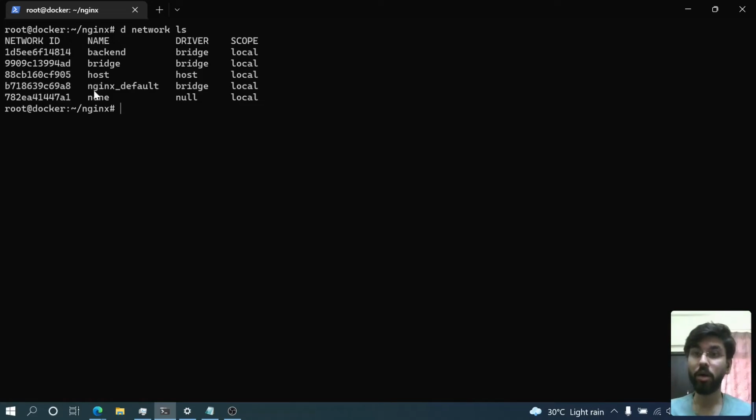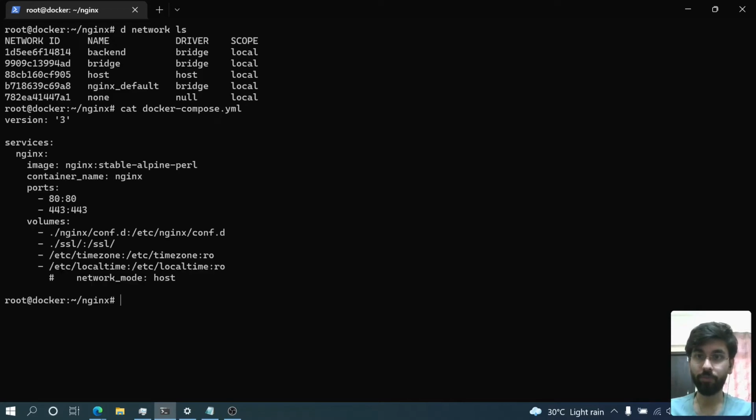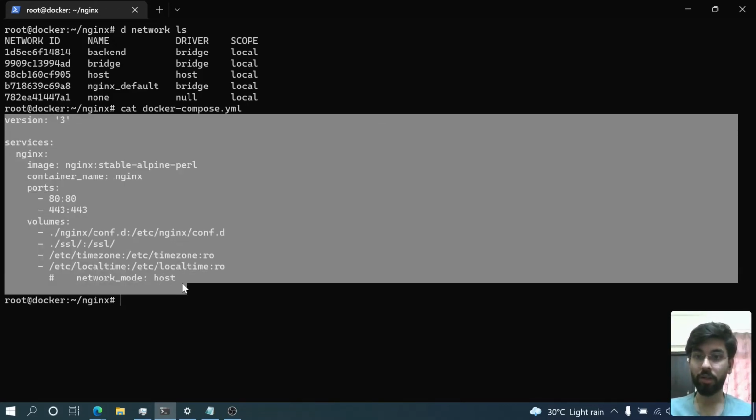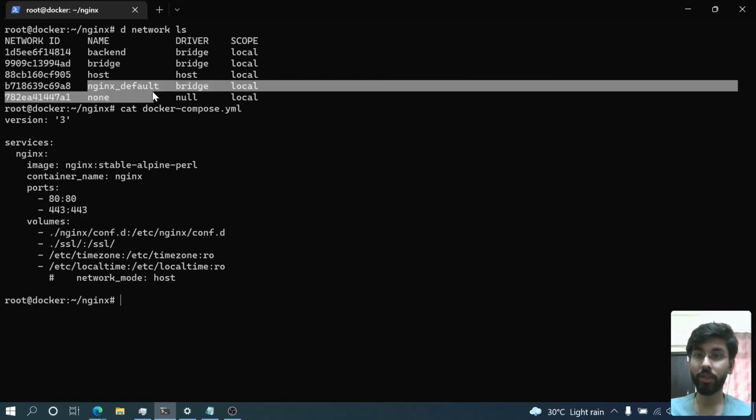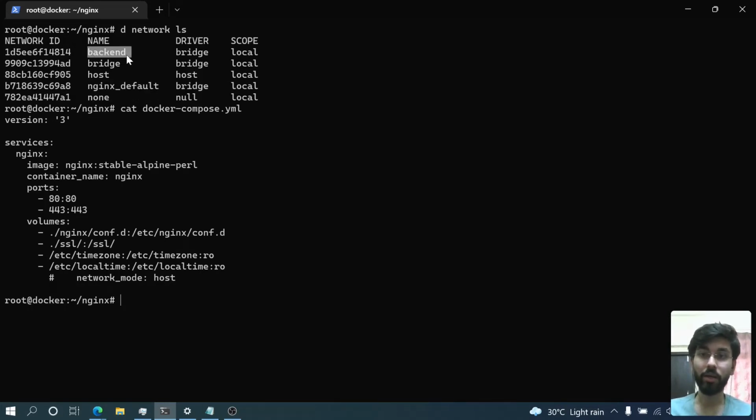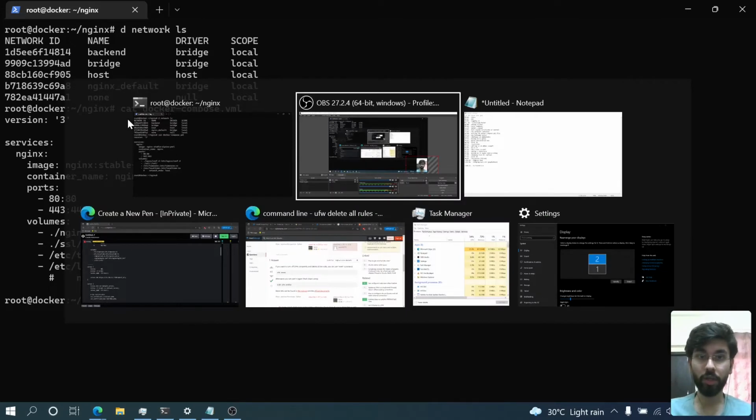On the other hand, we have the nginx default network, which was created when we spun up this compose file, right? When you run this compose file, it sets up a default network, and the name is taken from the name of the service. So its default network is created, and there is the backend network which we are using to host our database and Gitea. Now, if I show you the error,